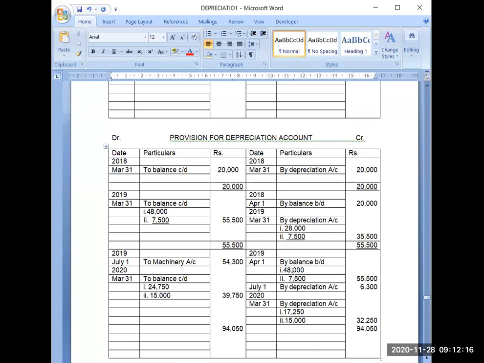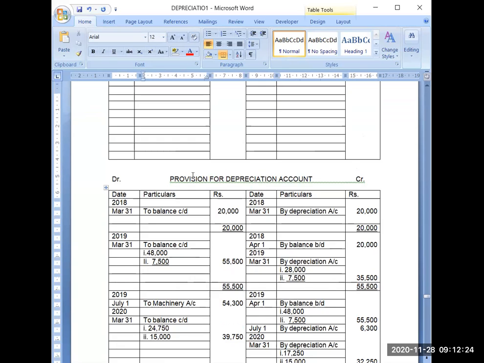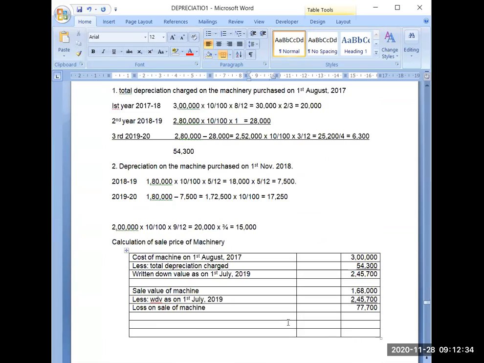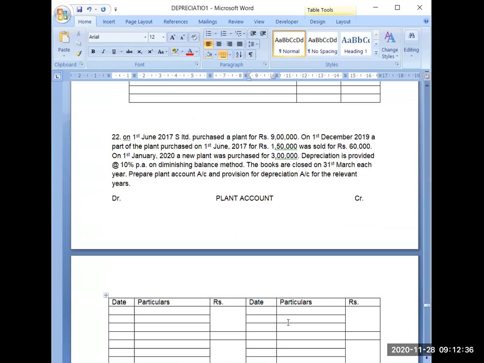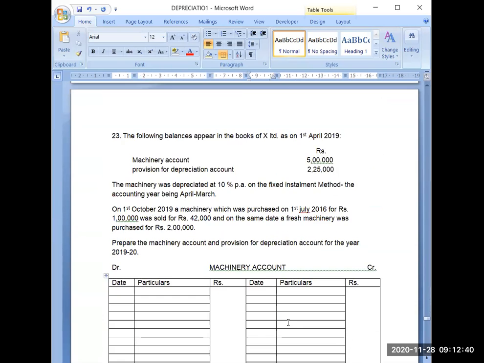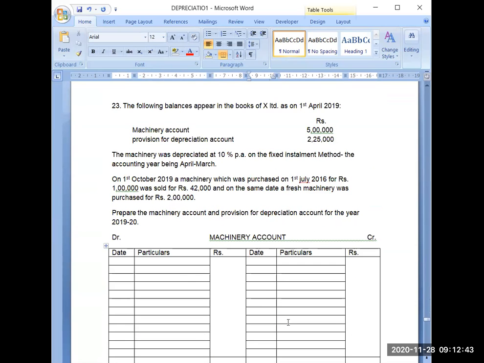Now the question is being given to you from in between, not from the beginning point, not from here, but in between of the year. From here you have been given the question. So the concept will be the same, only the form of the question has been changed. Now try to solve it. Let's see how to solve it.